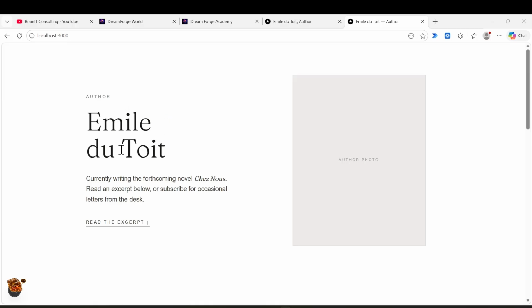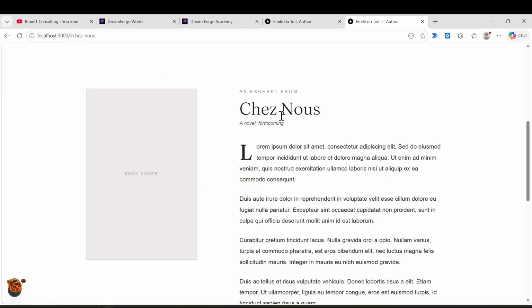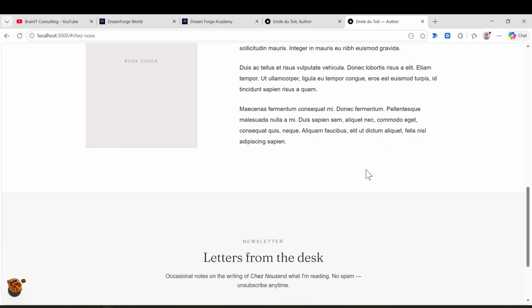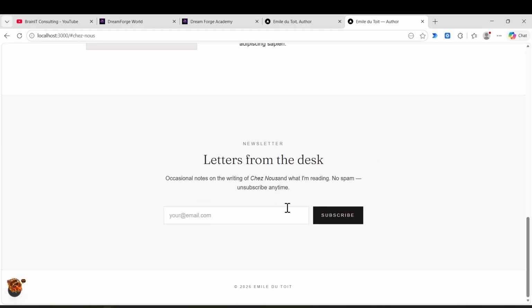So immediately we can see on our localhost 3000 that he's put my name there. Now we might tell him, put my last name next to my name. And there's a placeholder for the author. And just like we told him, there's a read the excerpt. So if we click on that, it scrolls down to the excerpt. We might put a book cover here in the future. And like typical beginning placeholder content, he's just used some Latin here, but we can ask him to put the actual content. But the site is beginning to take shape already,